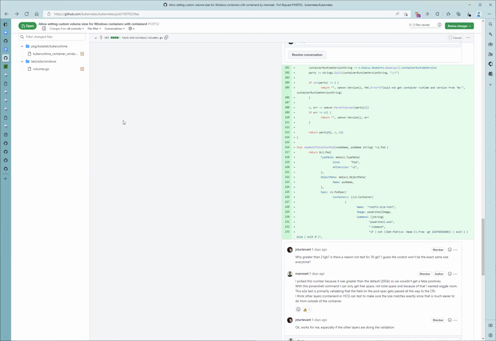Okay, that makes sense. If we're looking at it in isolation for just that one container, I think that limit is more in the spirit of what that is.